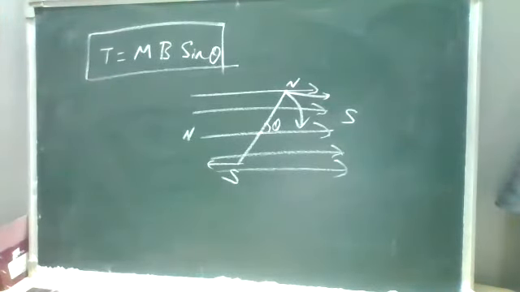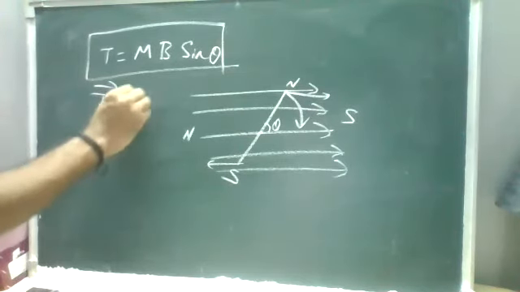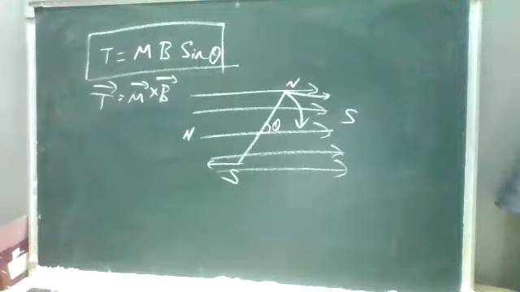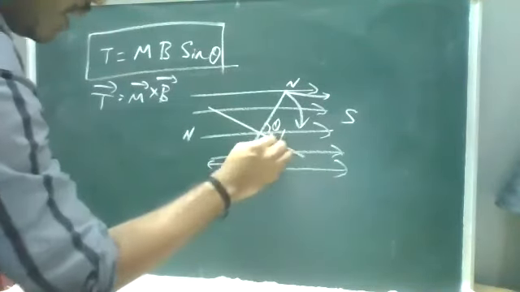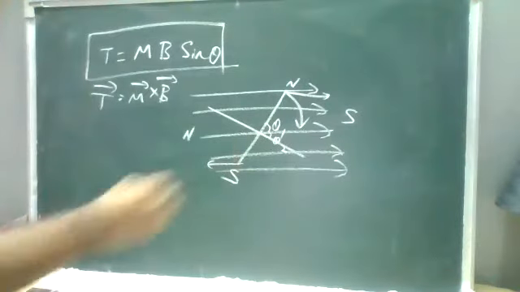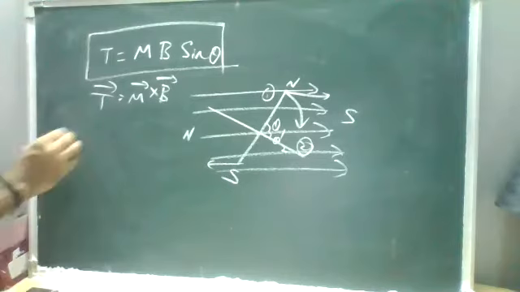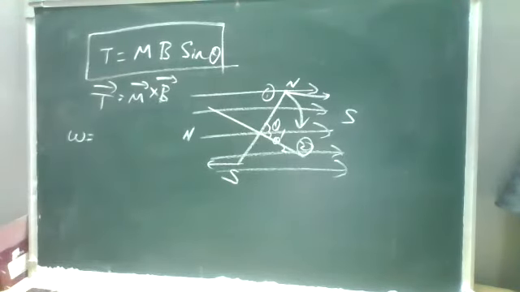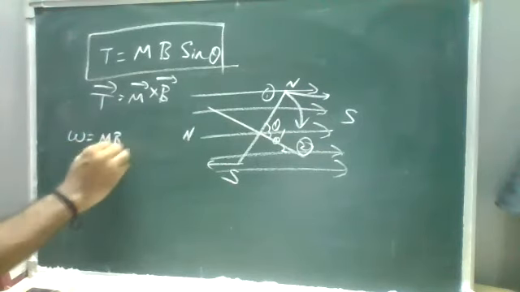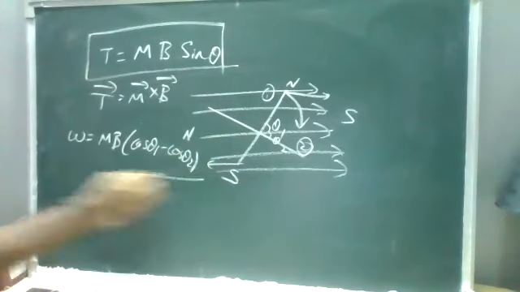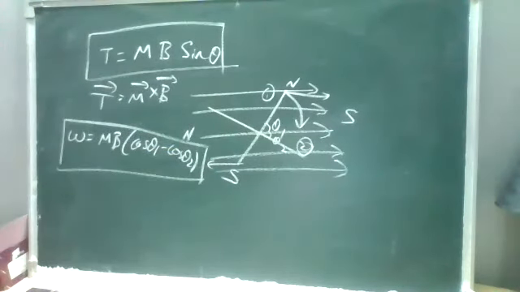Okay, torque relation. When writing the vector form, torque vector T is equal to M vector cross B vector. And it was also doing some work. Initially it was at theta 1, and it varied to the angle theta 2. So there is work done, starting from one point to the other point. When we discussed the work function, p E into cos theta 1 minus cos theta 2. Same thing. W is equal to M B into cos theta 1 minus cos theta 2. This is your work relation.